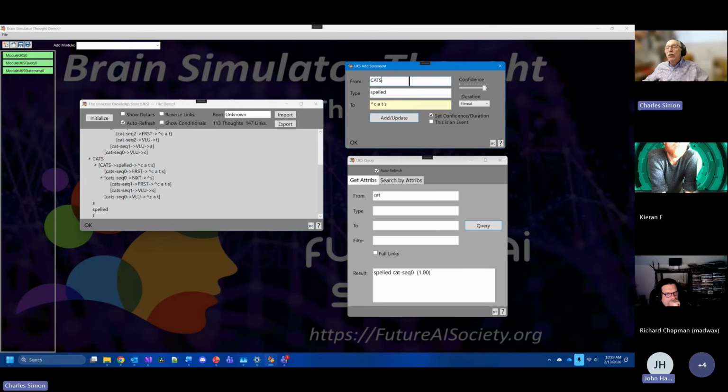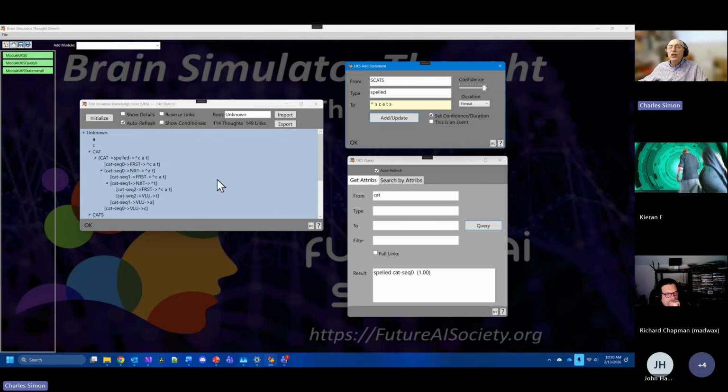To make this a little more complicated, we can say scats, and it will put the S at the beginning. And of course, it isn't actually ever doing an insertion. It's just building a new sequence that incorporates the existing sequence. So that's all we're going to say about that.